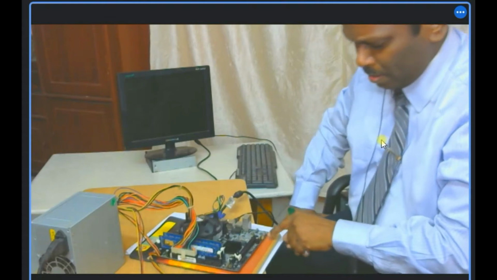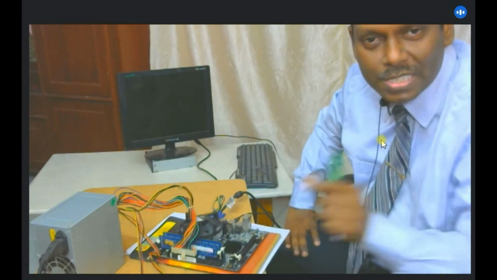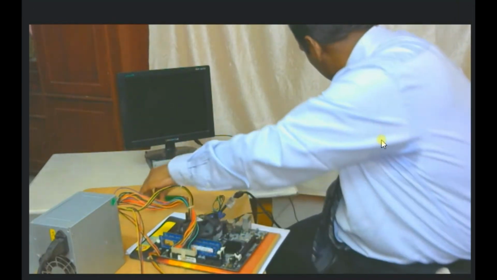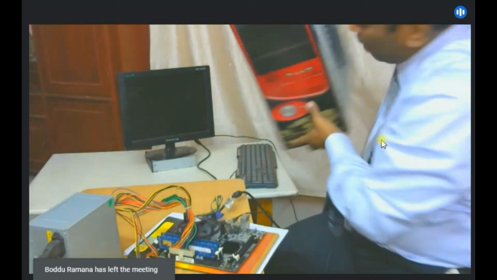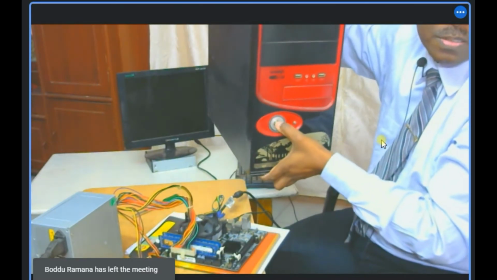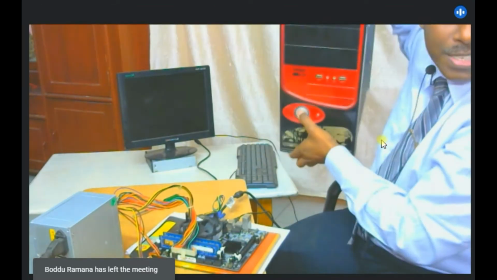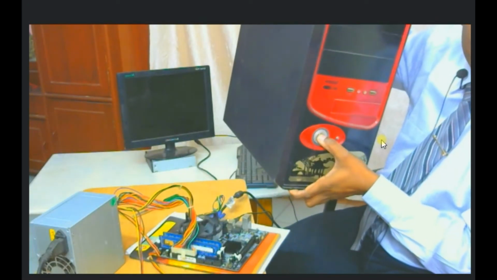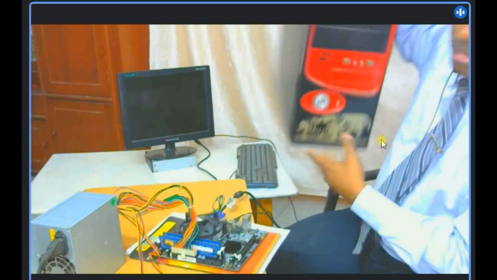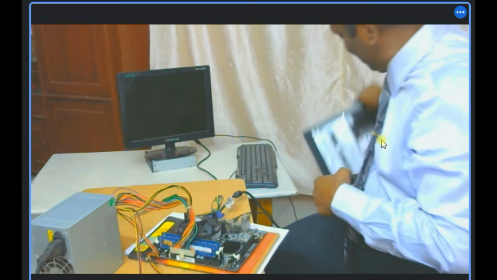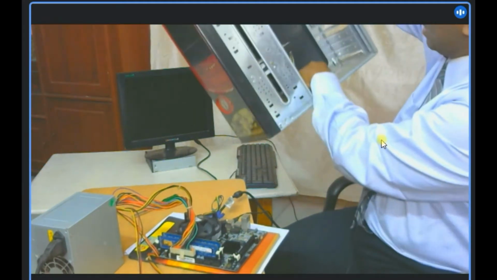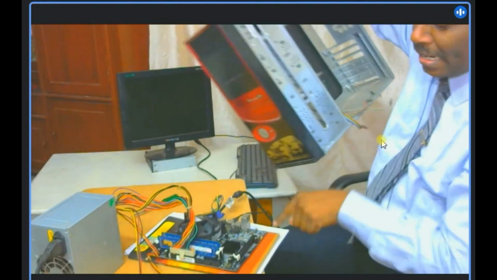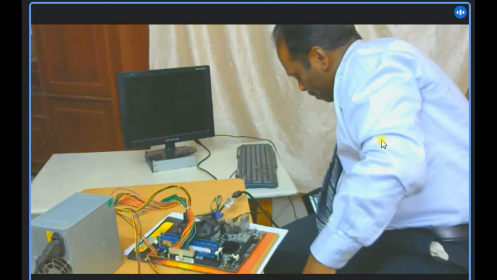Otherwise, from here we have some cables connected to the front panel, which is called the power on switch. In this front panel you have a power on switch, but I have disconnected that power on and restart switch, and the reset one also. So manually I am doing it from here. There is a cable inside actually, which is written as power on. I need to keep it on the motherboard.